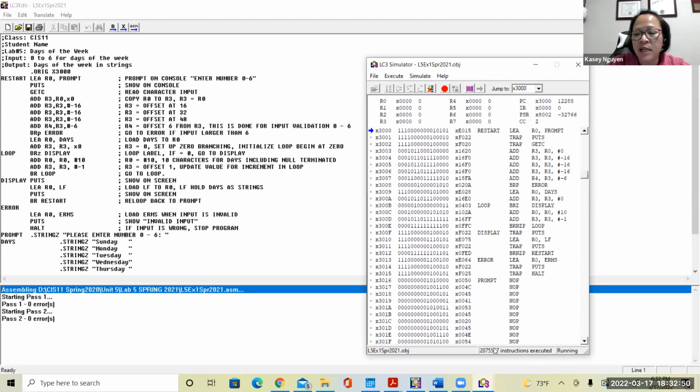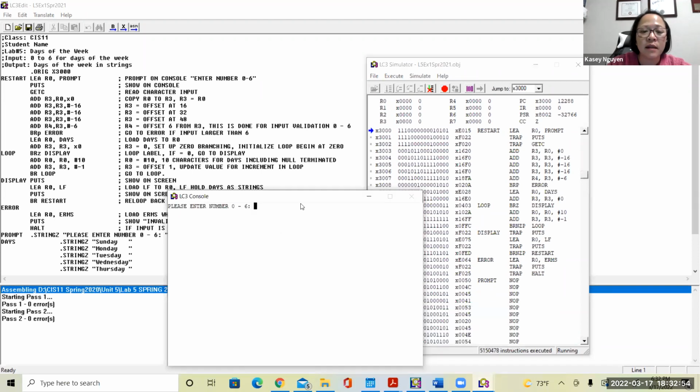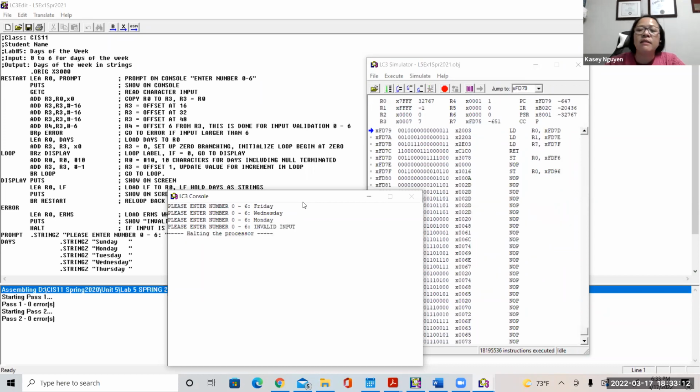And so as you can see, the instructions here, that is looping, right? Here it tells me to enter numbers 0 through 6, so I can test it with the 5, and it tells me it's a Friday, and it keeps prompting again. If I test it with the 3, it should show Wednesday. If I test it with the 1, Monday. What if I test it with the 7? I got an invalid input and it exited. See that? So our input validation works